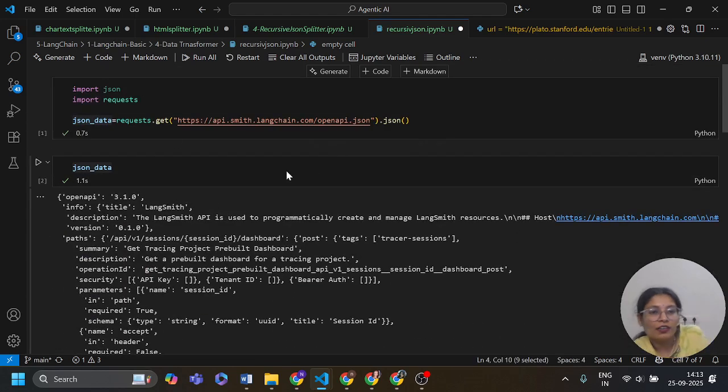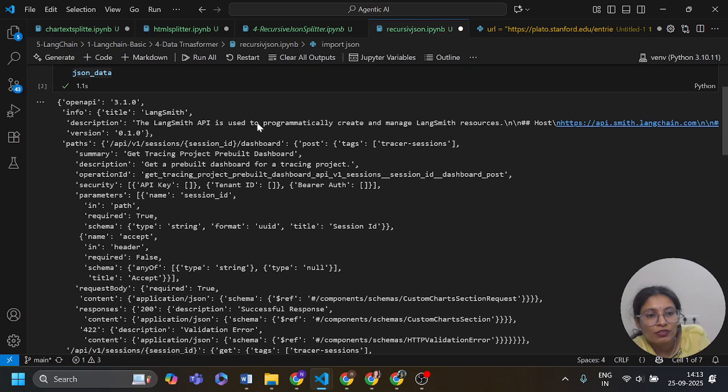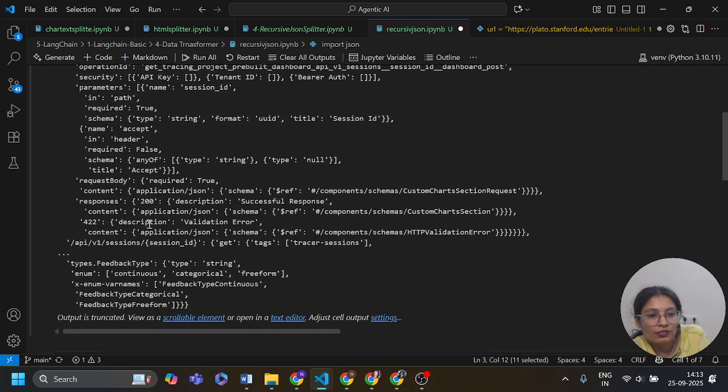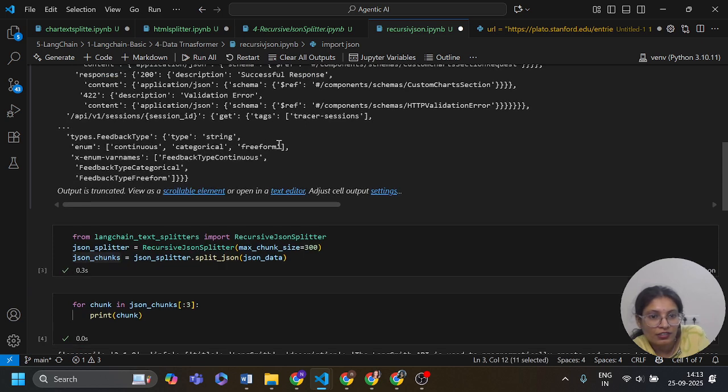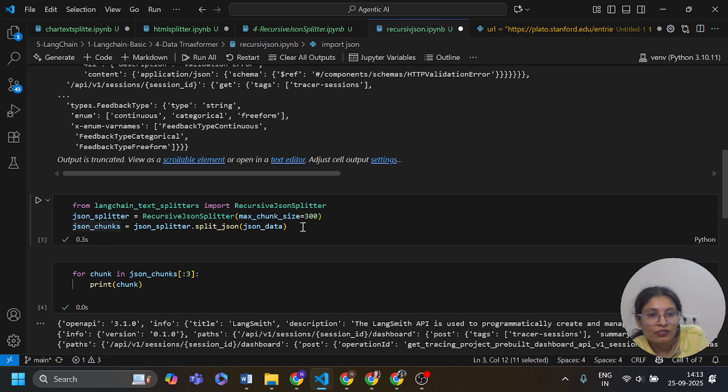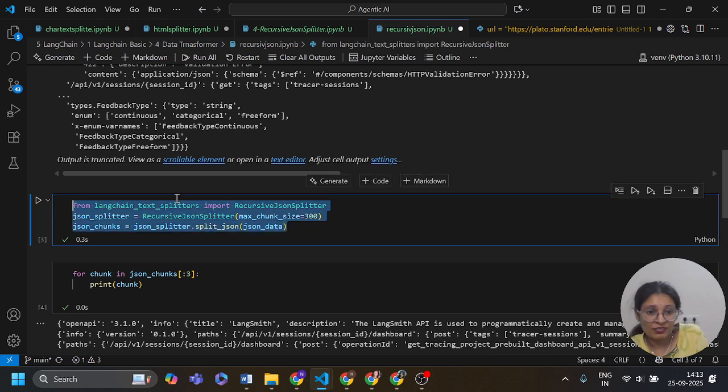So you can see, if you have JSON data, you need to upload a URL, or you can also upload a JSON file, so that you have your JSON data like this, in dictionaries and inside it a list. After that you need to apply the recursive JSON splitter.